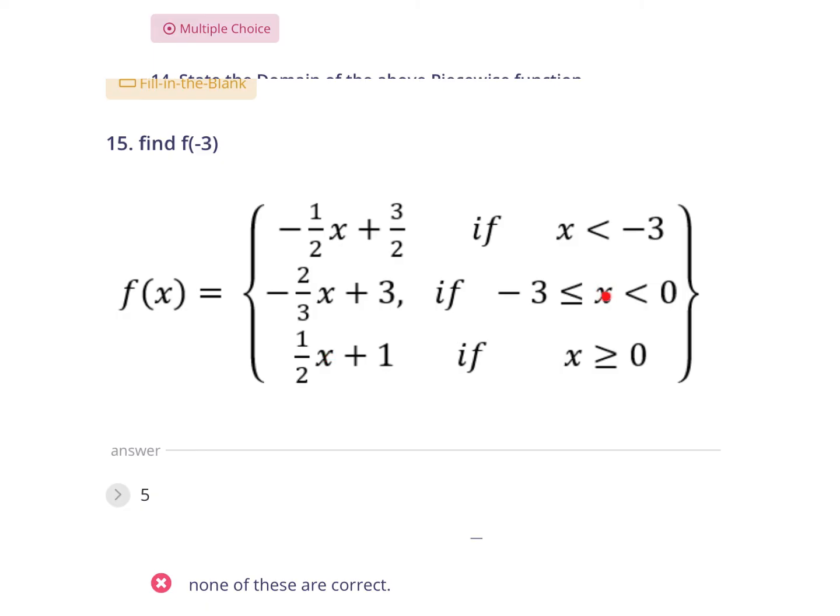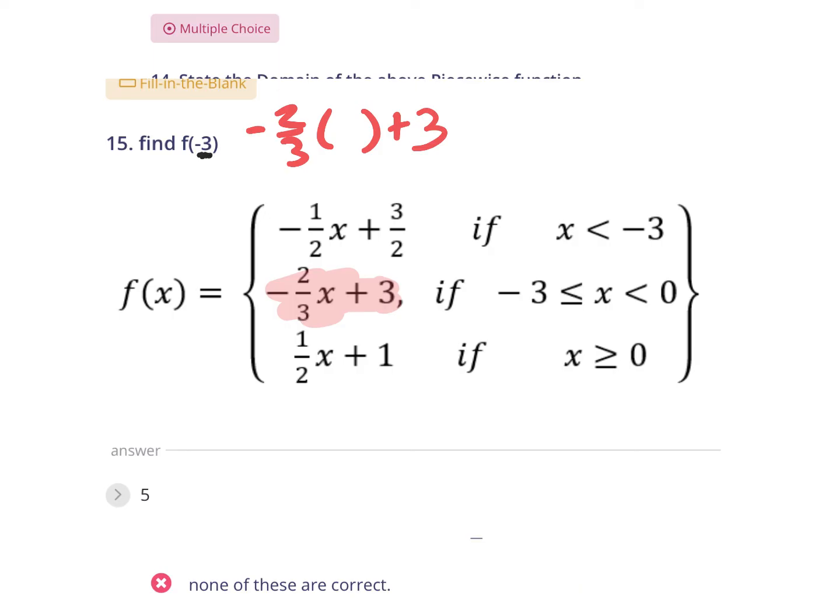Is negative 3 greater than or equal to negative 3? Yes, the or equal to satisfies this, so we need to use this middle one right here. I'm going to highlight it in red. Here we go. We're going to use the negative 2/3 x plus 3. Now I'm going to rewrite it right here, negative 2/3 x plus 3, and now I'm going to actually plug